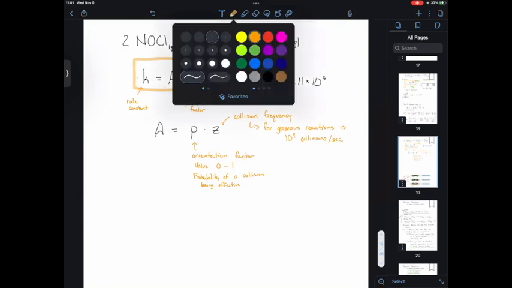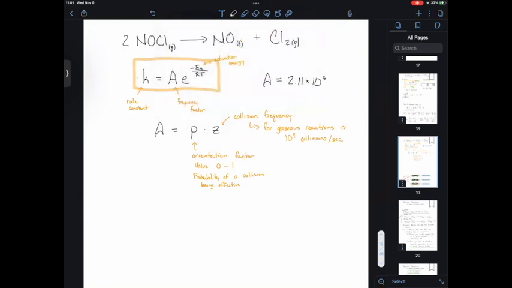So since I did all this work to solve for my frequency factor to solve for A, I know that's 2.11 times 10 to the 6th. That equals this orientation factor times my collision frequency. And since this is a gaseous reaction, that would be 10 to the 9 collisions per second. So then the algebra on this one's pretty straightforward. We can solve for P by dividing both sides by 10 to the 9. And what we're going to get is